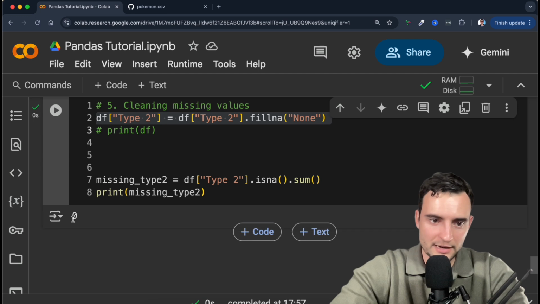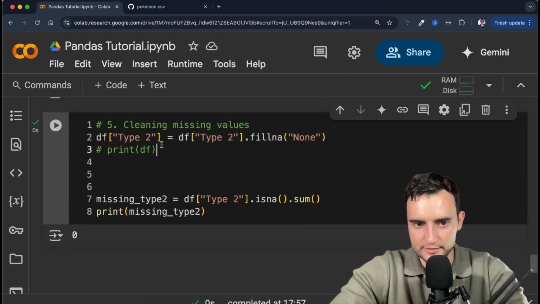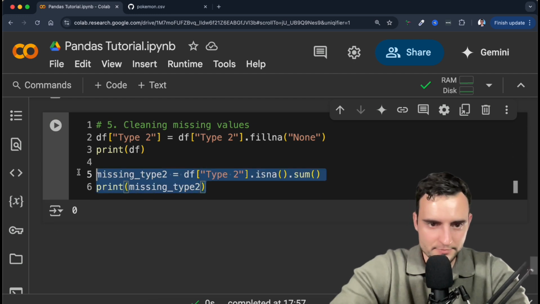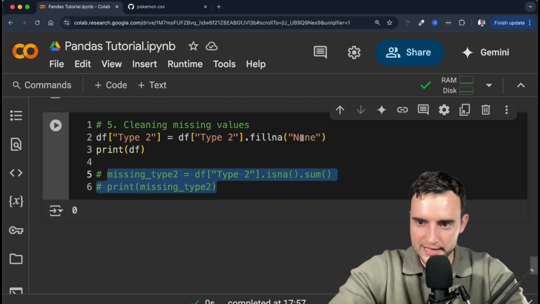So if I run this, it'll say 0 missing values because we've gone here and replaced all the missing values with none. So that is one technique that you can use to do this. If I use another technique, I can also